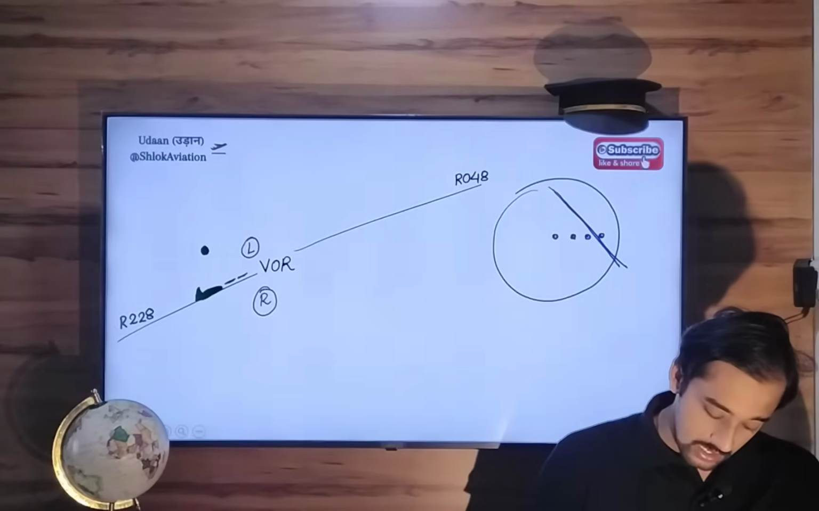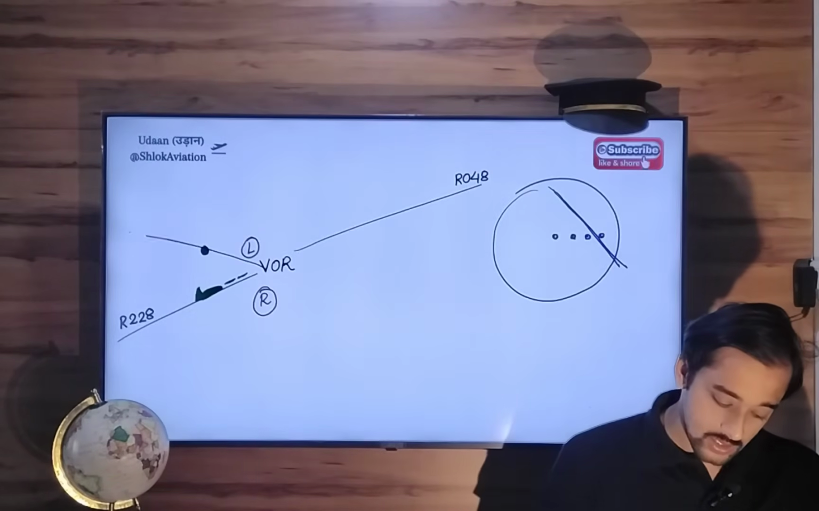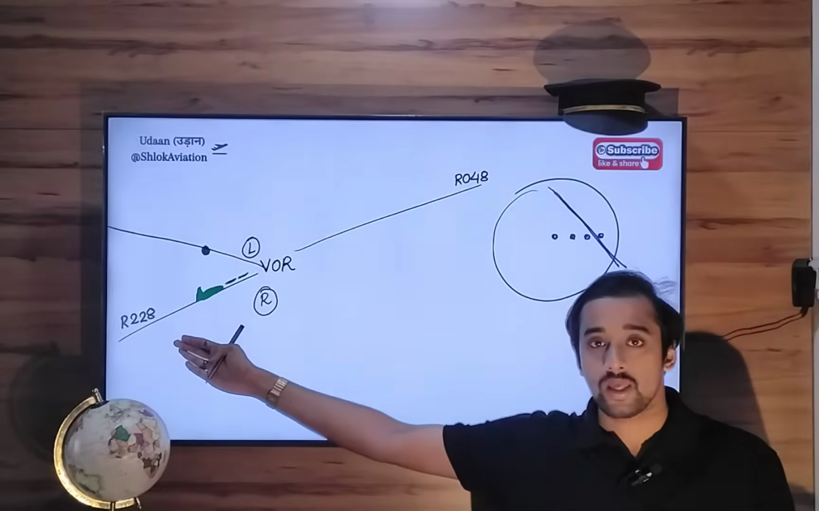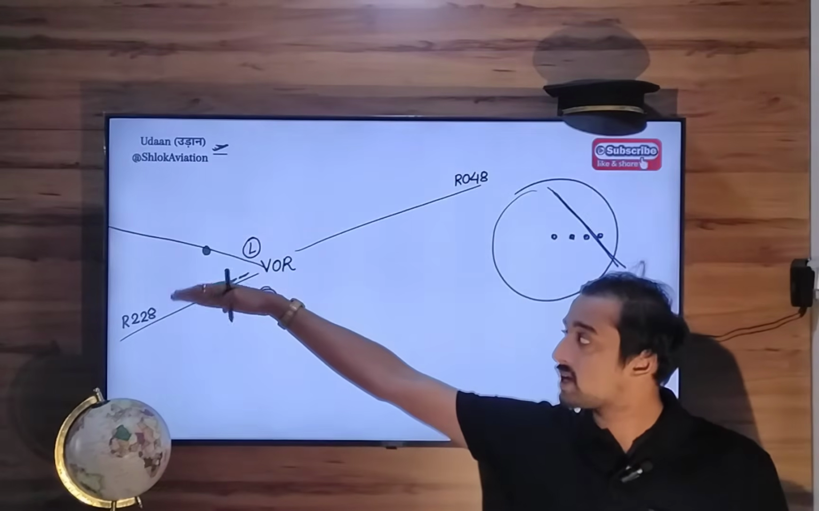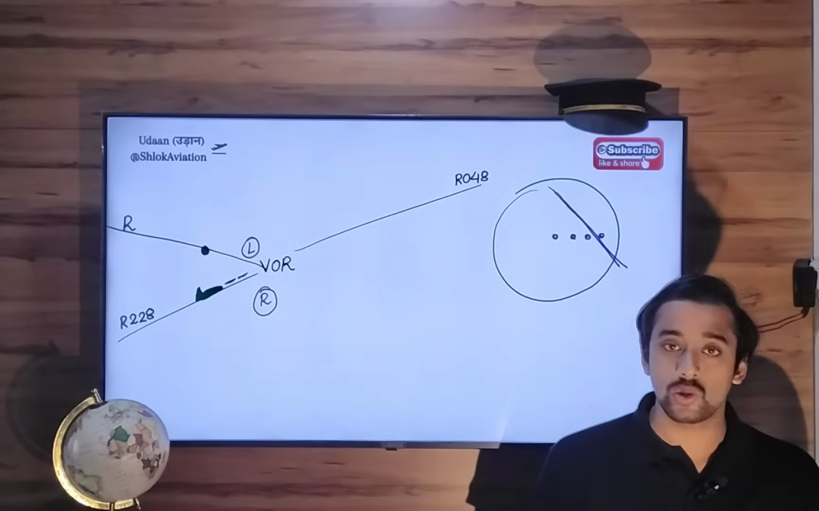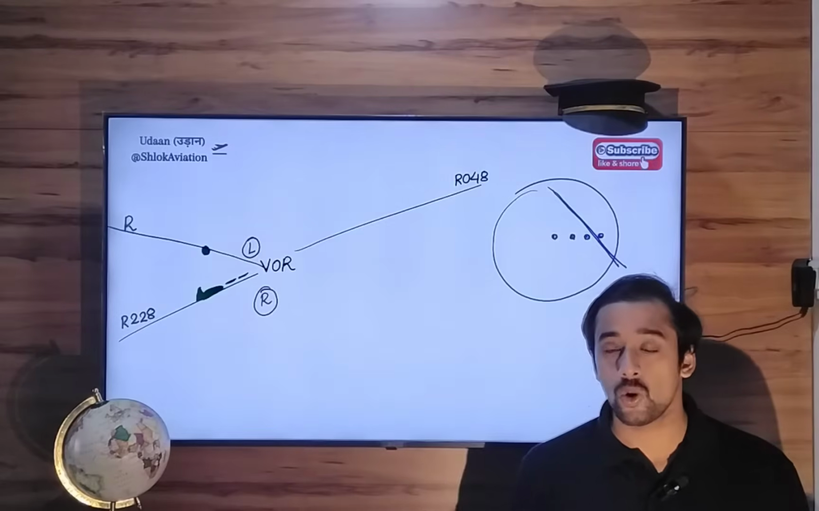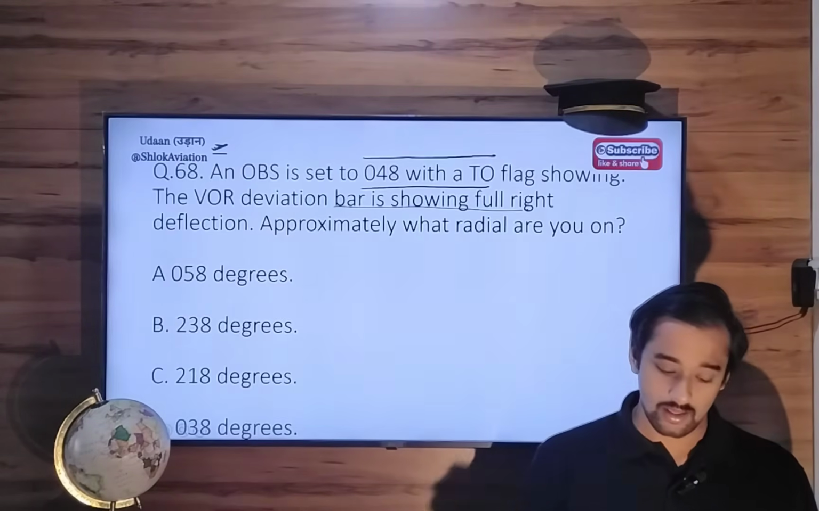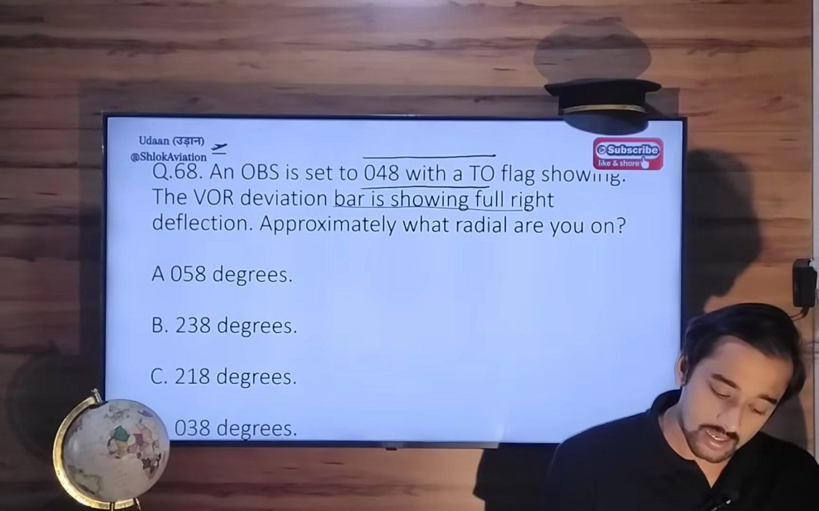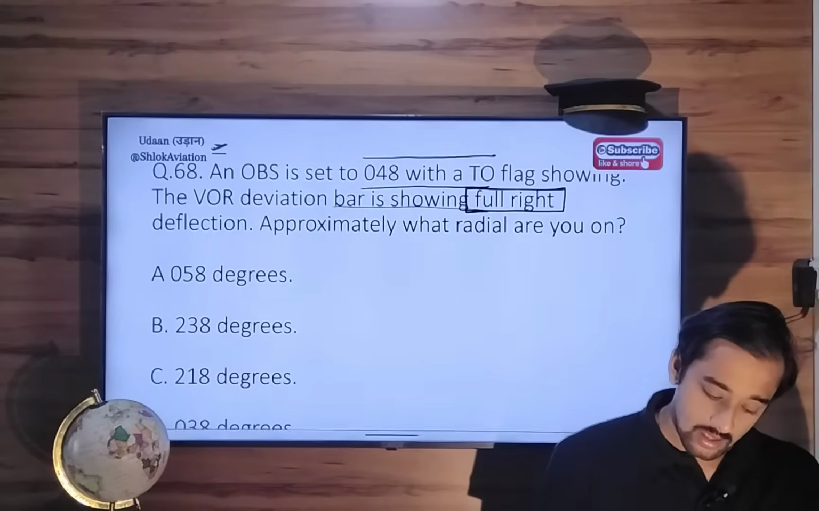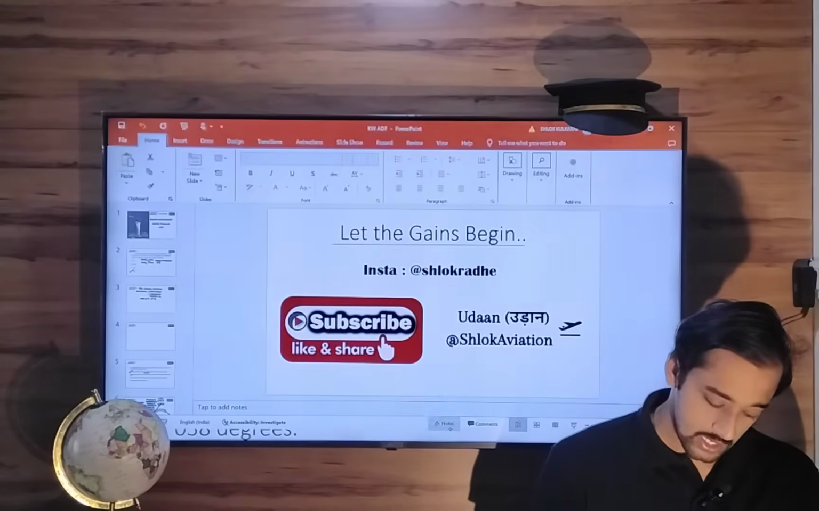So there will be a radial passing through this position also, like here, and this radial will be definitely more than radial 228. So it can be radial 229 or 230, 231, whatever. So what is the value of that radial? Now here it's given that there is full right deflection. Now your CDI needle